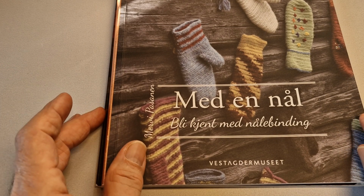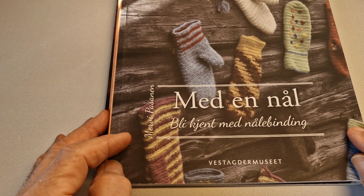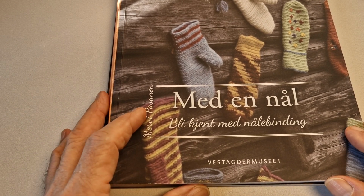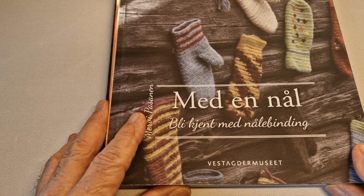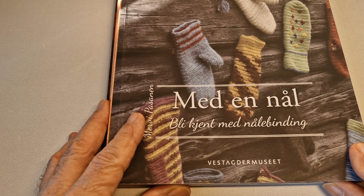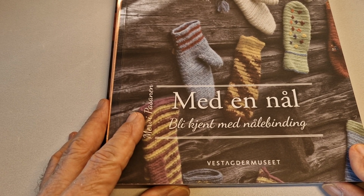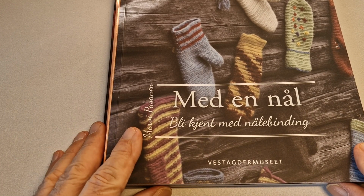Hello YouTubers, today I want to explain the pattern of socks, or slippers in English, and in Dutch it is sloffen. I saw a beautiful sock years ago on Pinterest, just a picture, and later on I saw it